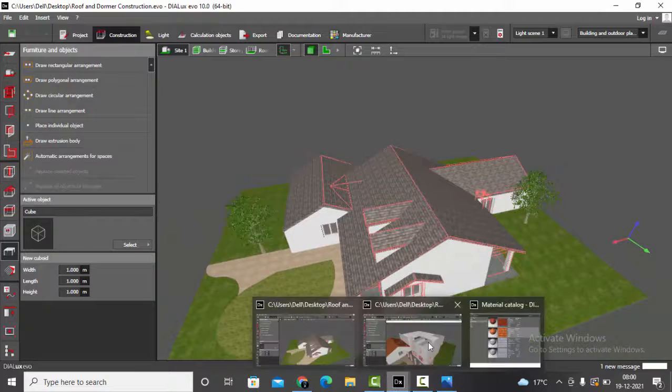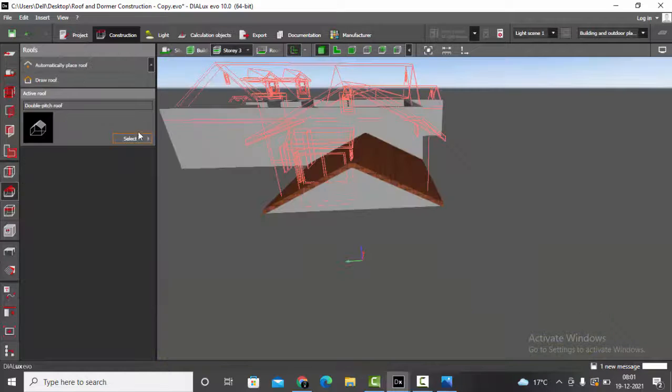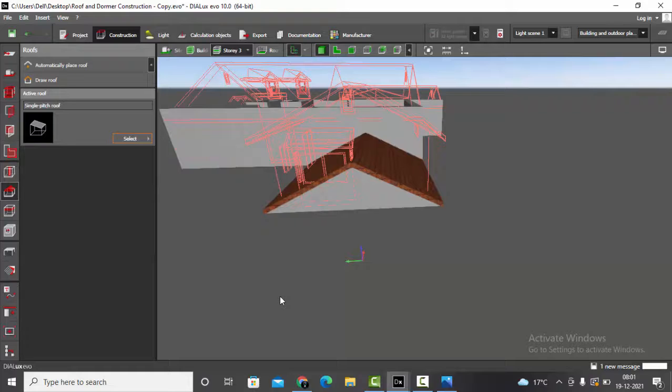So for that one, we are not going to use a double pitched roof. We are going to slightly change it. Okay, we are going to draw it in two equal halves. For that, we'll go to the story mode, roofs, and select single pitch roof. Using two single pitch roofs, we can make a double pitch roof.